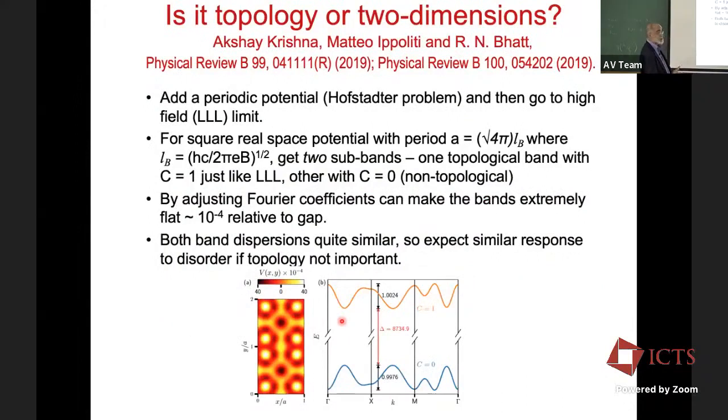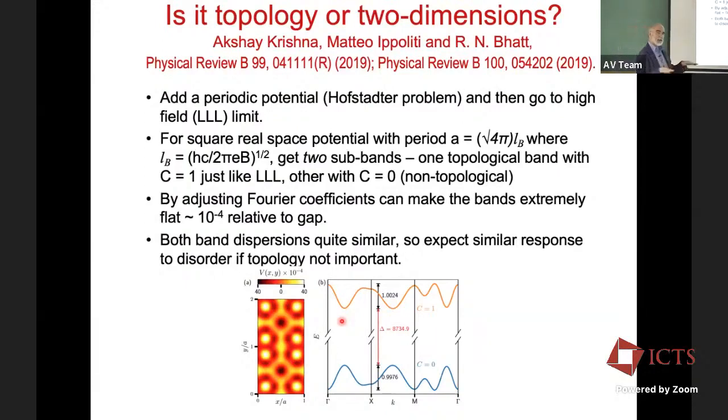So one of the questions, of course, you can ask is, the fact that we don't have many-body localization in a Landau band, what's the reason for that? Is it the fact that there's topology in the Landau band, or is it the fact that it's two-dimensional as opposed to a one-dimensional spin chain where people found a transition? Okay. And so what we did was something interesting.